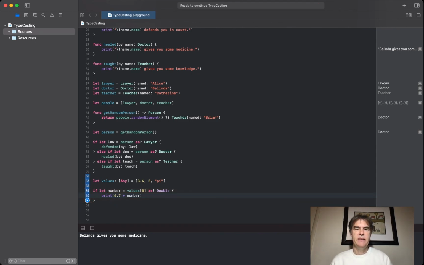So if I can make this values, the first number in values, right? Value 0 is the first item. If I can cast it as a double, I'll save that into this variable number. And then I'm just going to print those two together. So if I run that, I get 10.1. So again, I'm casting one type of a more specific type, or sorry, a more general type to a more specific type. Okay? That's typecasting. Again, I hope this makes sense, but if not, please go ahead and read the information in